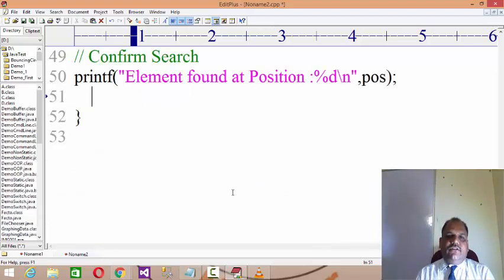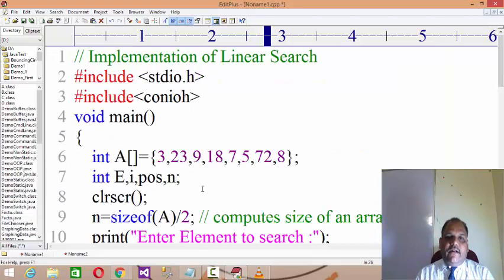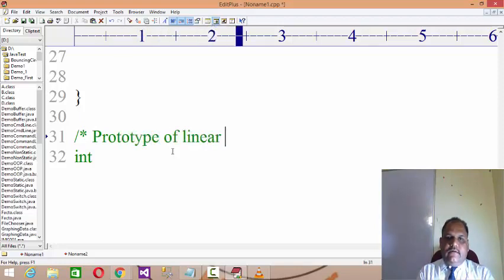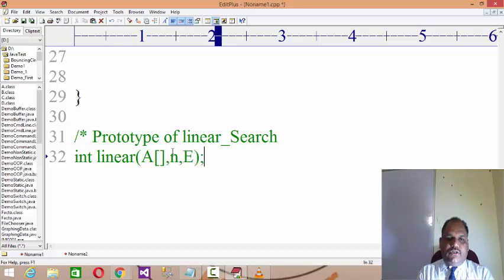If you want to write the function for linear search, obviously you have to write the prototype like this: int linear, with an array, the size of the array, and the element which you want to search.